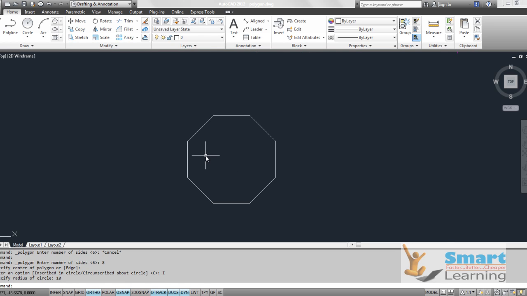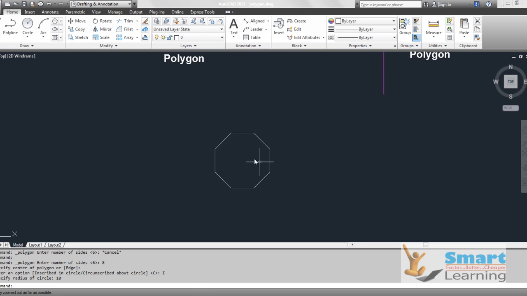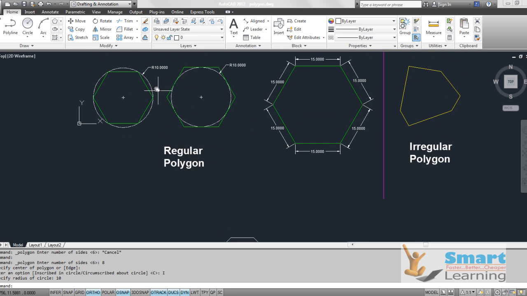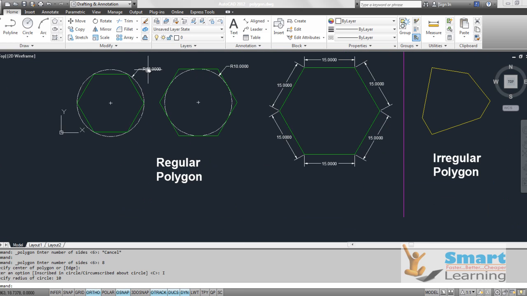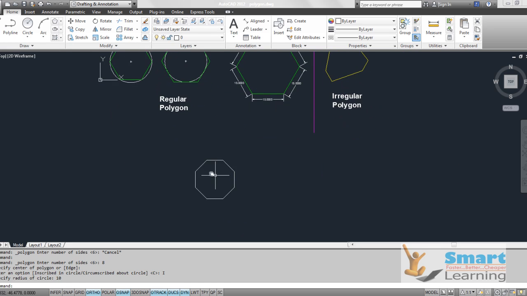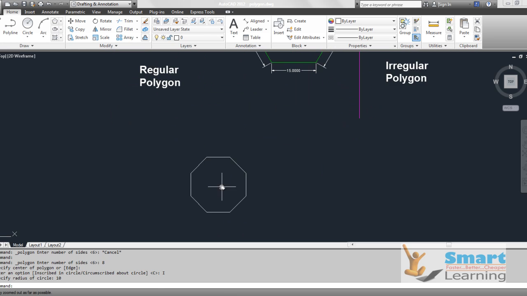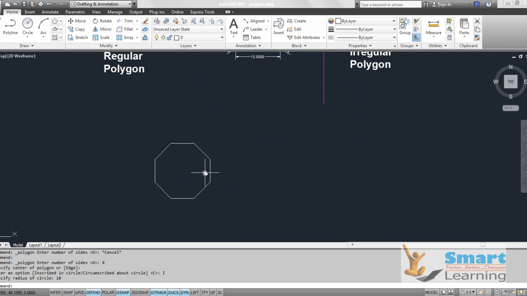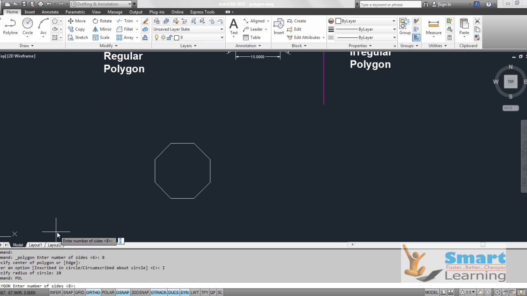So this is inscribed. If you inscribe a 10 radius circle, then this polygon will be inside it. So this is the virtual case which you can always refer to, drawing one circle and then understanding how the radius parameter is controlled. And in case of circumscribed, you can go for the command as well, POL, or you can click this.